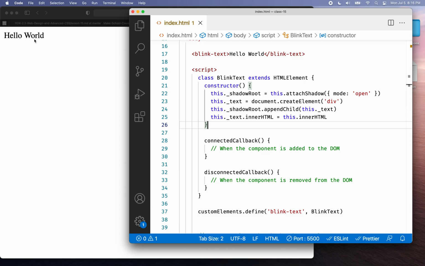Now to get this to work, we'll need to make it flash. There are a couple of ways to do this. We could probably just do it with HTML or CSS keyframe animation. But I'm going to do it with a combination of CSS and JavaScript, just so we get some JavaScript in and we can use this connected callback. So the goal here